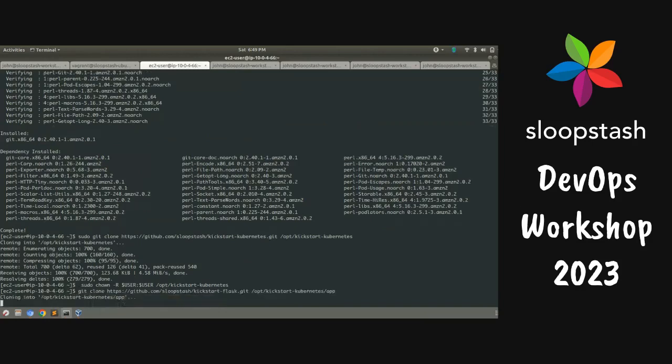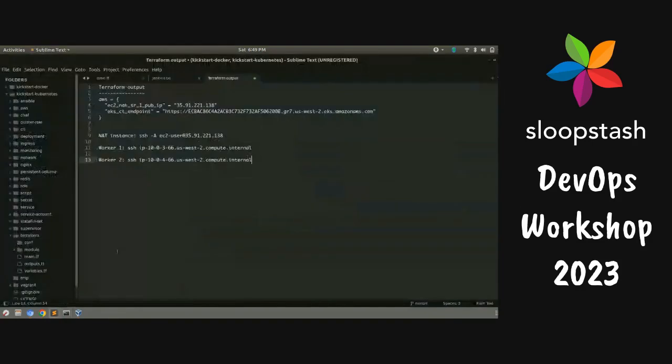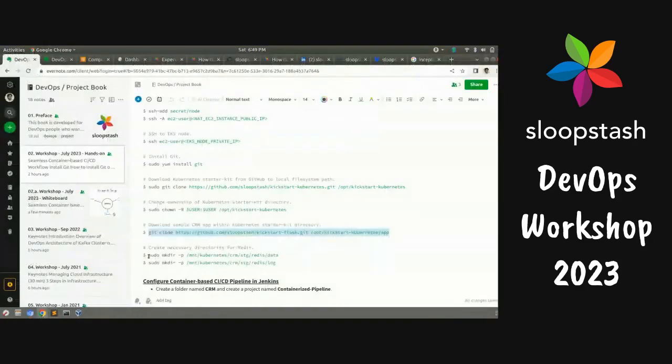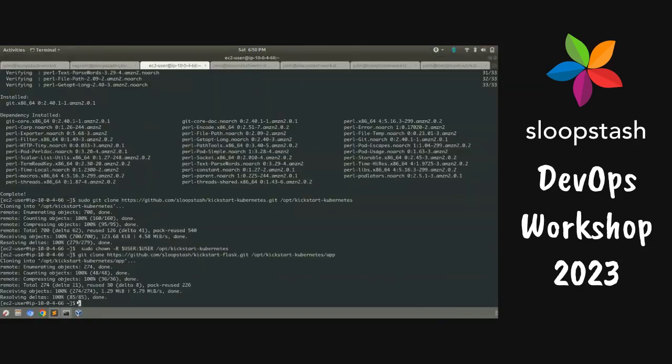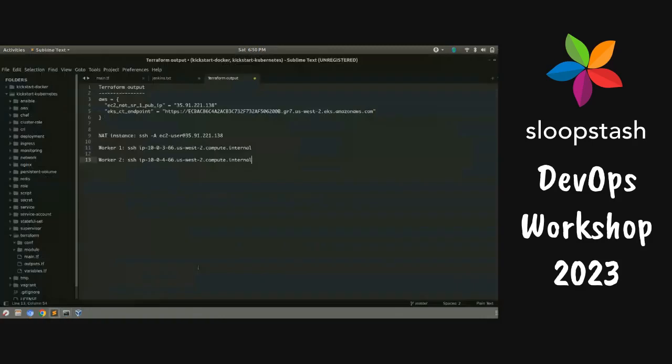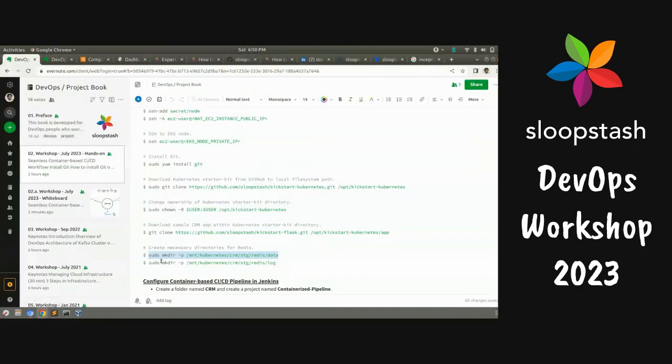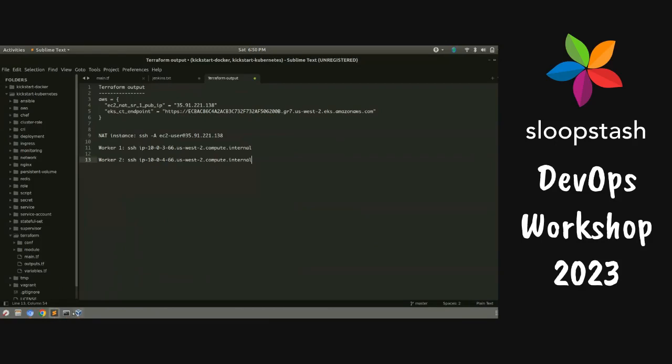And final step is creating the required storage directories for Redis. Okay, so persistent data volumes in Kubernetes. I mean, you don't need to know all that. So just